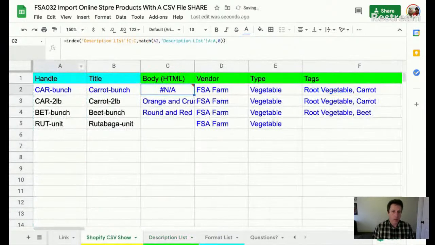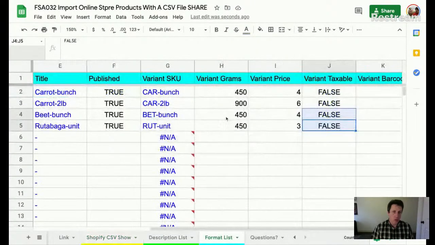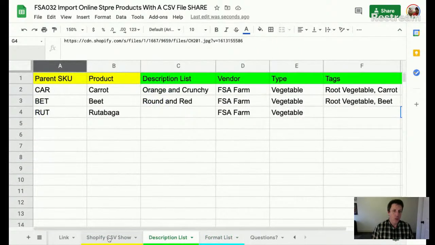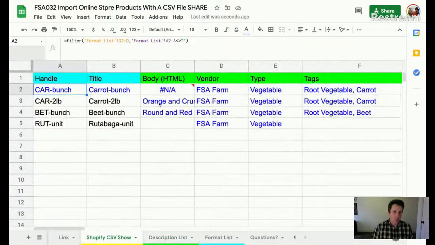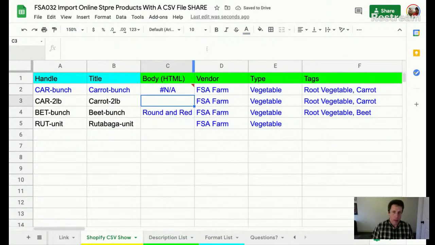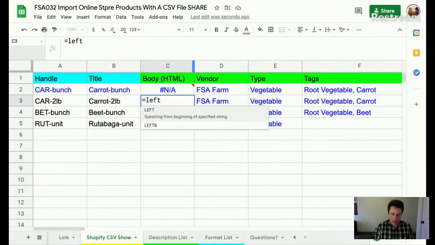And we're going to have a problem, Lucy. So here it says it doesn't find it. And that's because this word here, CAR hyphen bunch, has that hyphen bunch extra, which you don't find in the parent SKU. So we've got to get rid of that extra stuff to just match the parent SKU. So I'm just going to write that underneath here to show you how we'll do that, and then I'll put it into the formula. So if I write equals left, so I'm just taking the left